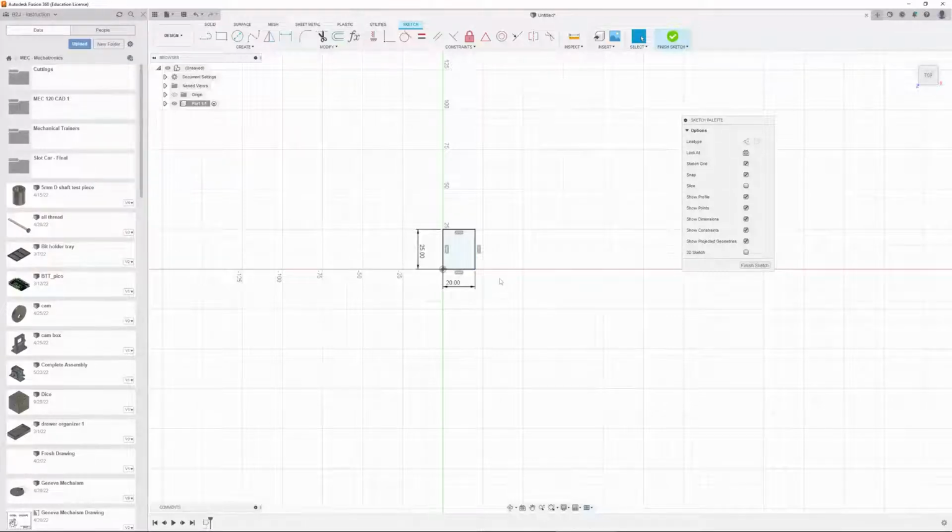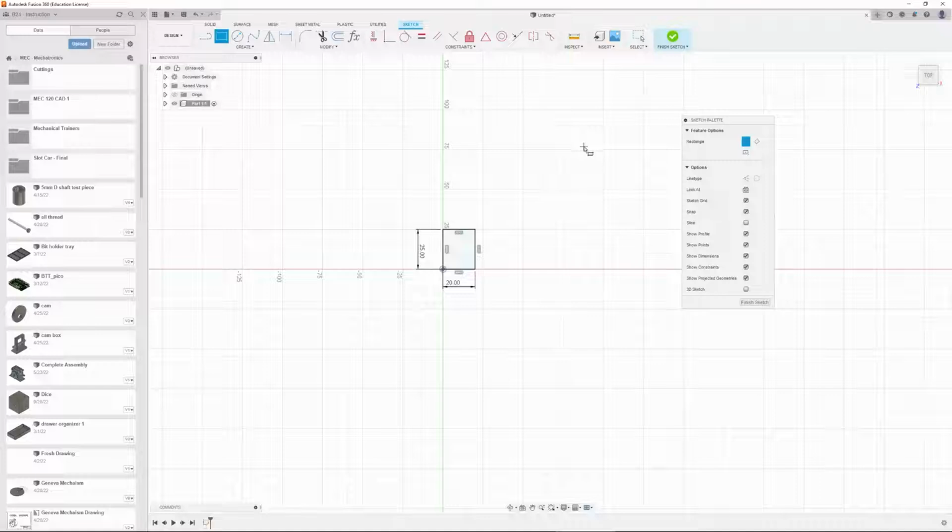You will also notice that when I clicked enter, the perimeter of this box turned black. That's the visual indicator that this box is fully constrained, and Fusion 360 understands exactly where it is located in space and how big the box is relative to the point of origin, which is the center point right here. If I recreate this box,